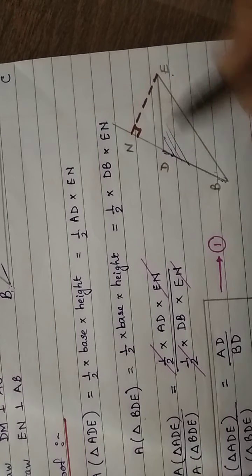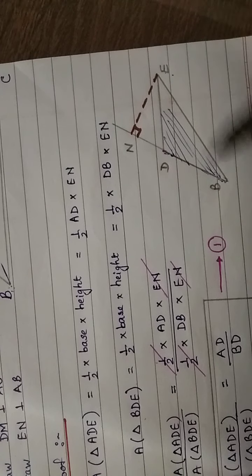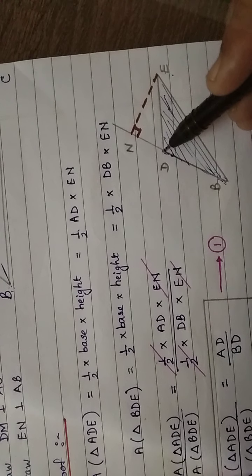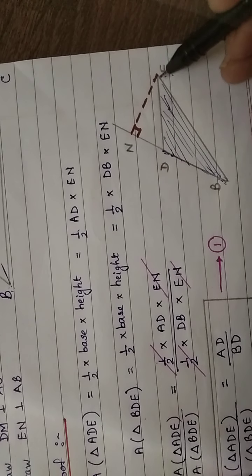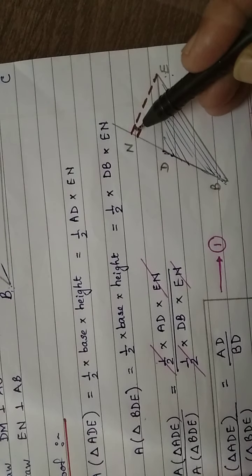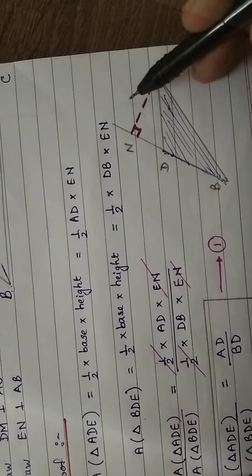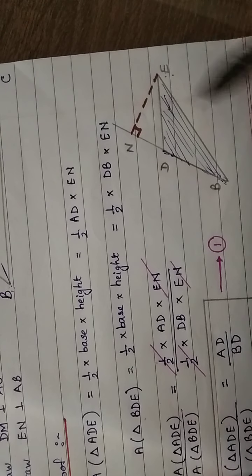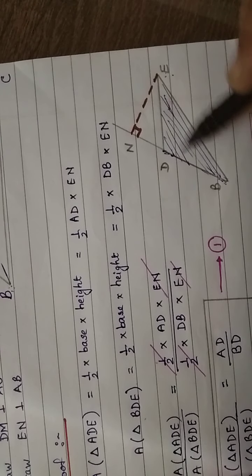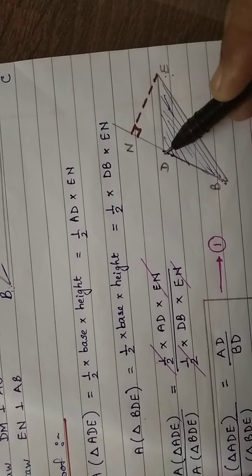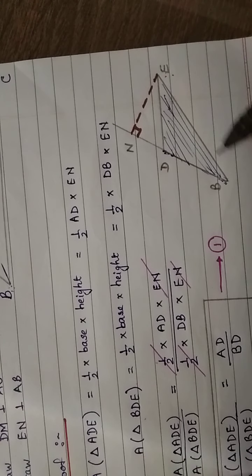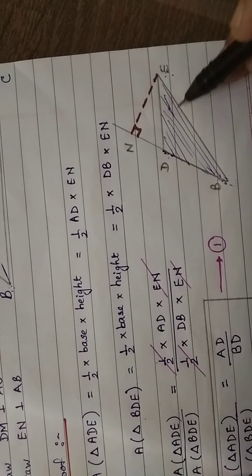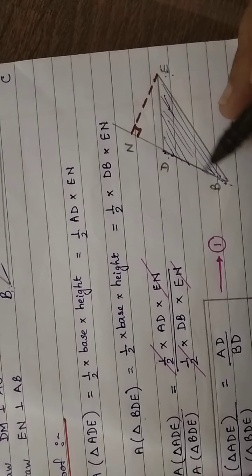BDE is the triangle which we are considering. So this is the obtuse angle triangle BDE, and its height EN is outside the triangle. The height of an obtuse angle triangle is outside, so EN is a height outside. Now if I want to write the area of this shaded triangle B, D and E, then the area would be half base into height.